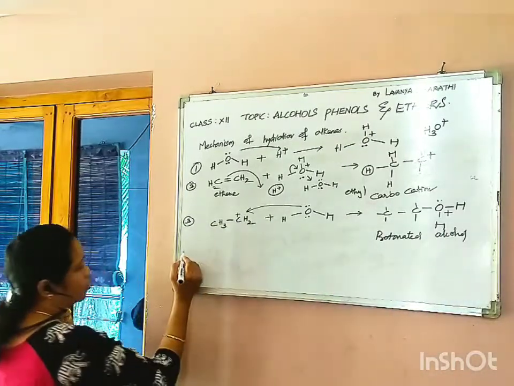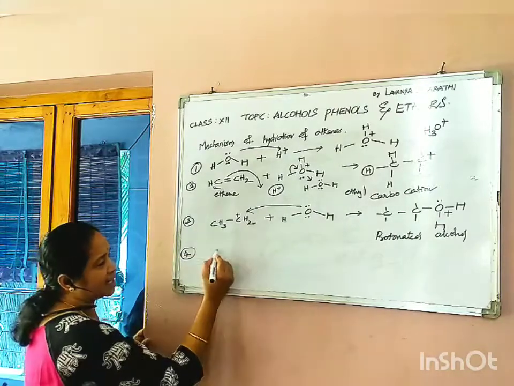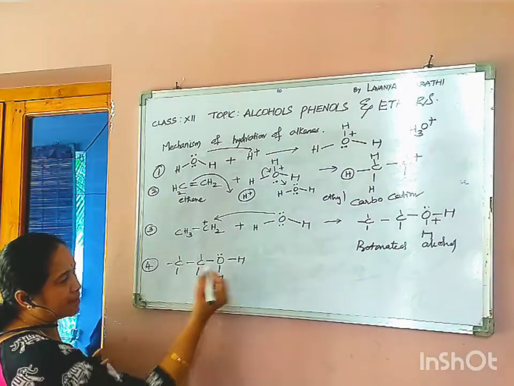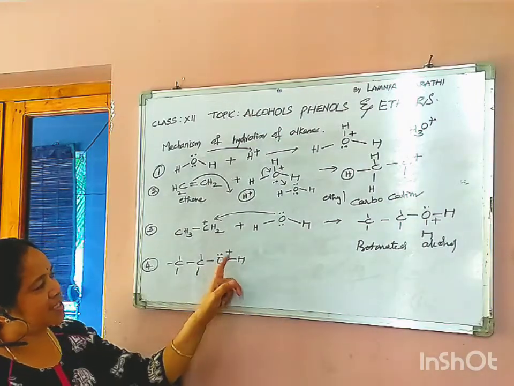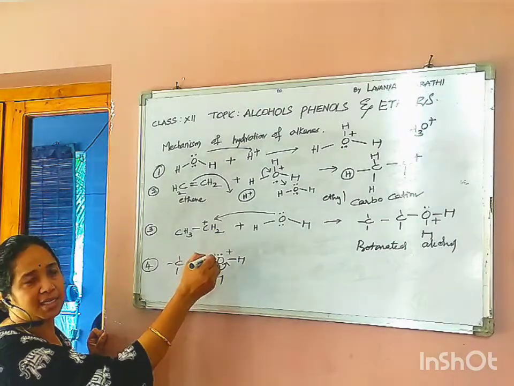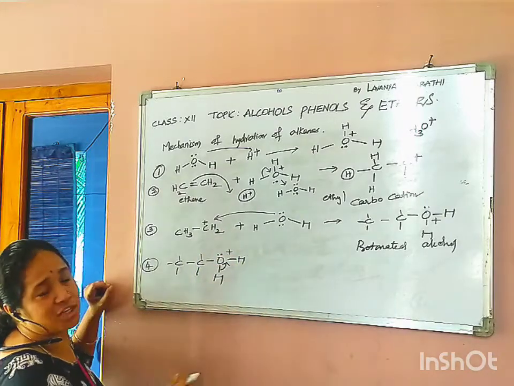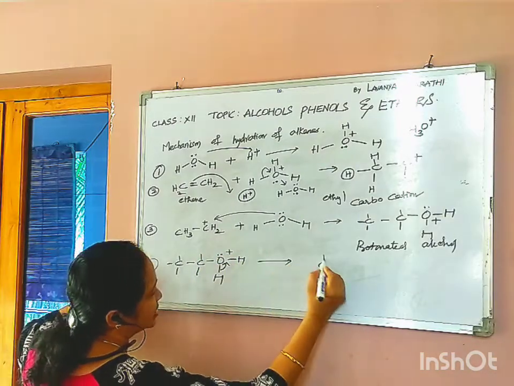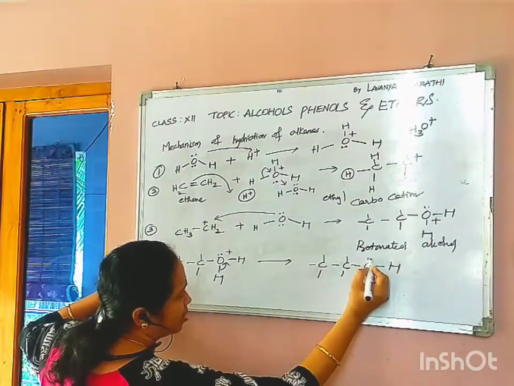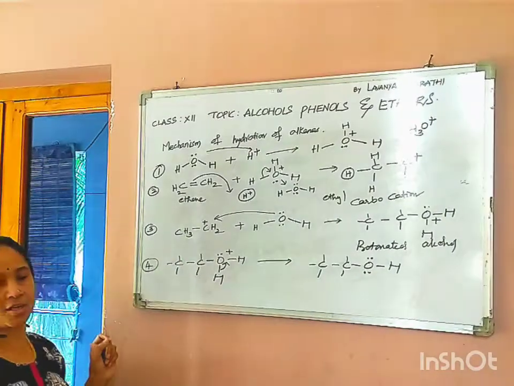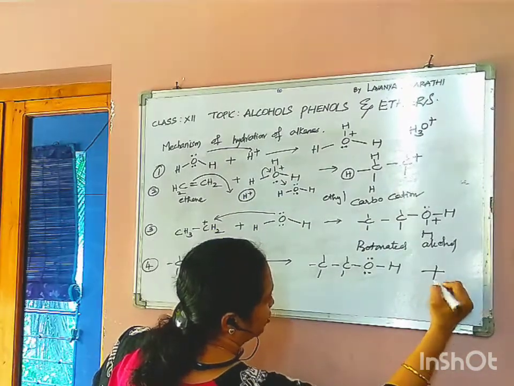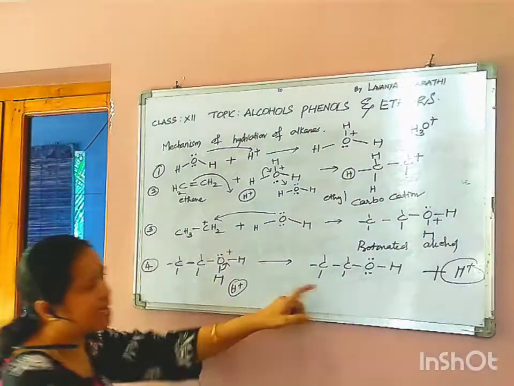And the last step, the fourth step, is deprotonation. Let us take the protonated alcohol CH3, CH2, like this. Now what is happening? Because oxygen has got a positive charge, the adjacent bond is broken and the bond is changed into a lone pair, resulting in CH3, CH2, OH. Now this alcohol has got its two lone pairs of electrons on oxygen, and what is left here? H plus. The H plus comes out. So we call this deprotonation.